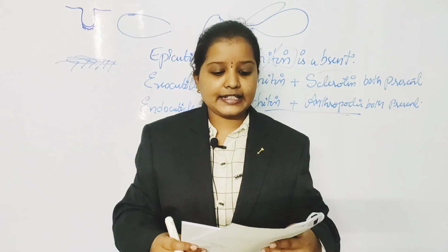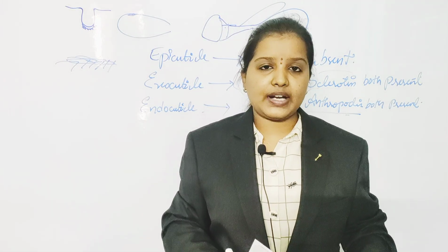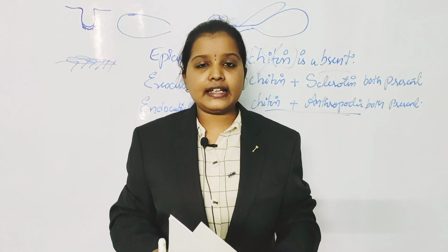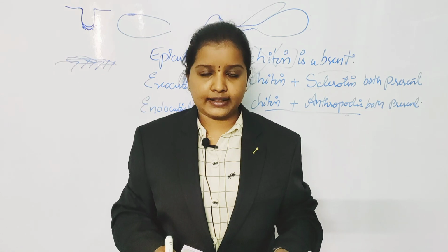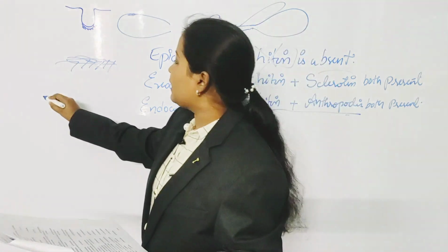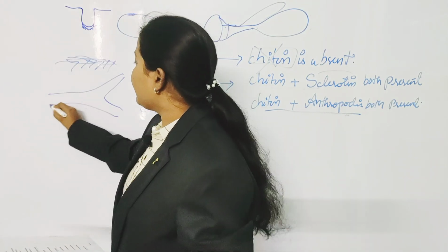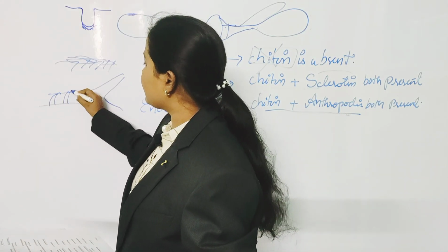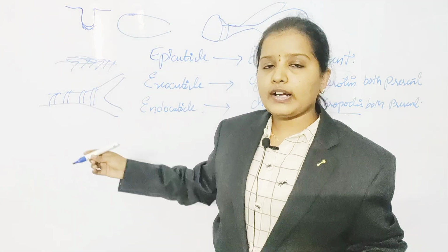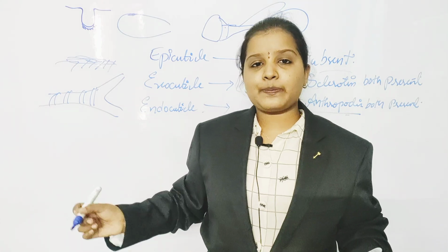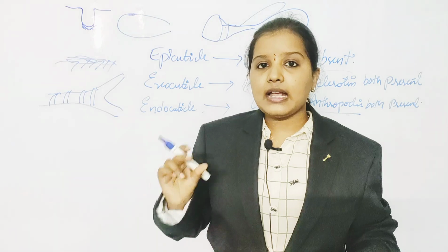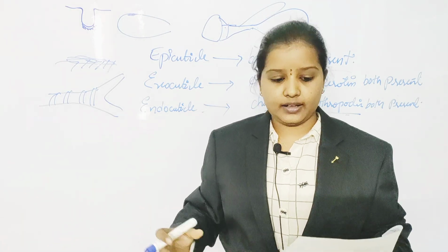The spiracular thickenings of the cuticle in trachea are known as... So these trachea generally help in taking the oxygen, that is air, from the outside. These are present in the insect respiratory system. Suppose this is the trachea, the thickenings which are present on the trachea are called ctenidia. So what is the purpose of this ctenidia? These prevent the collapsing of trachea when the air is not present, helping in maintaining the shape of the trachea.